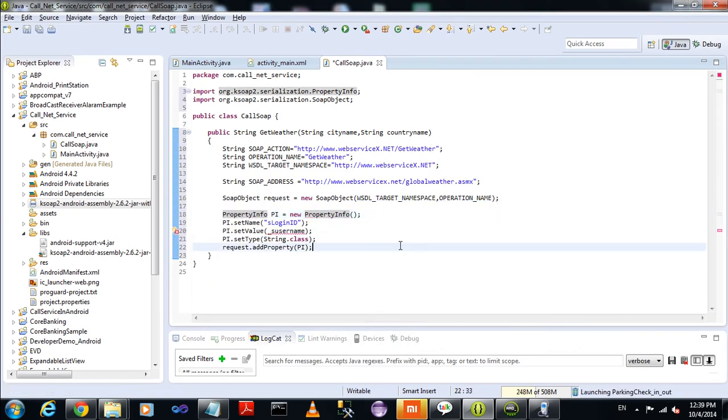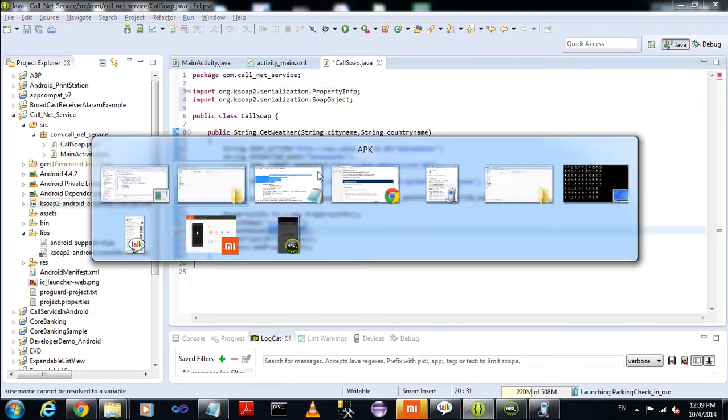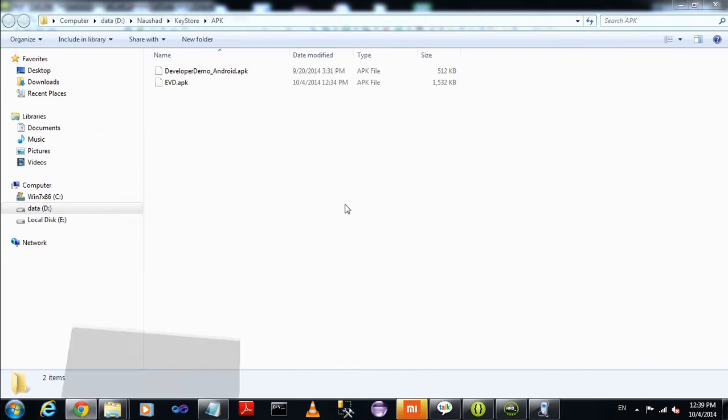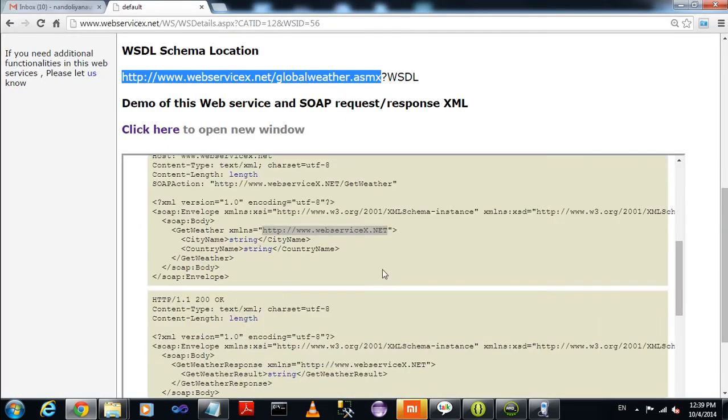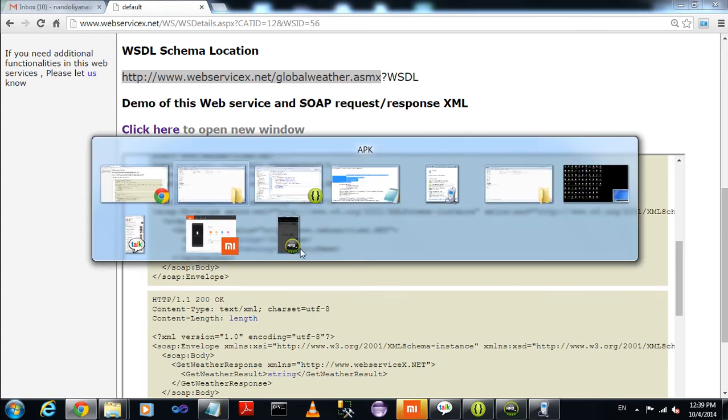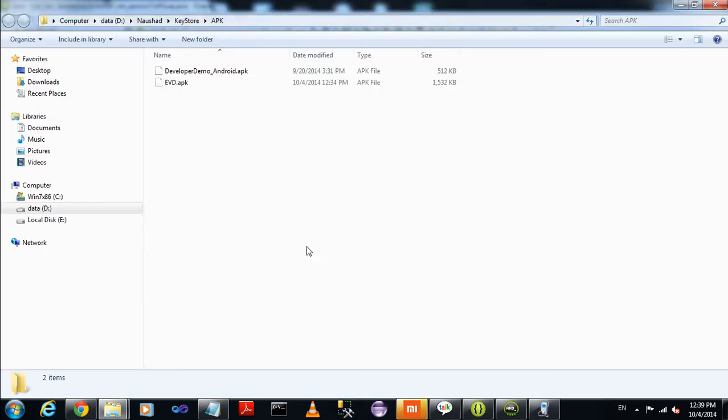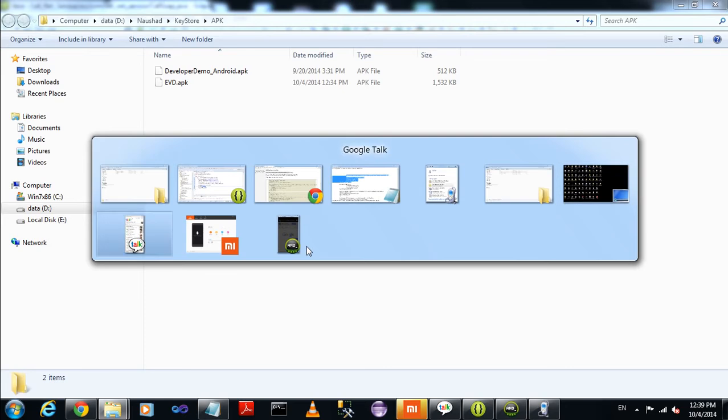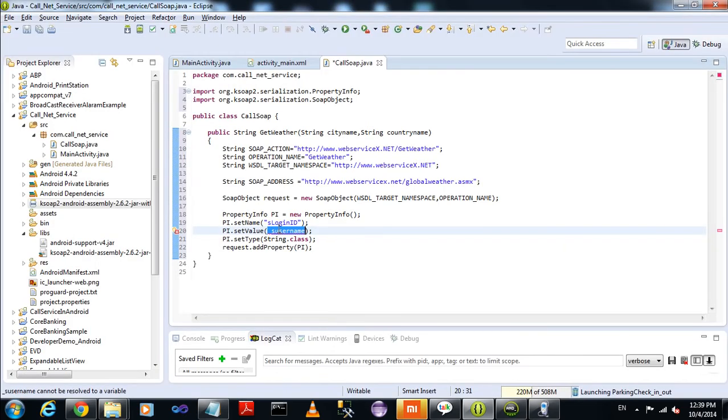Now PropertyInfo is a class, so just create a PropertyInfo object, pi. My object name and parameter name are as mentioned in the web service, city name. Just copy the city name and paste it in the code as the parameter. Set the property name to city name, and the value is my parameter city name.